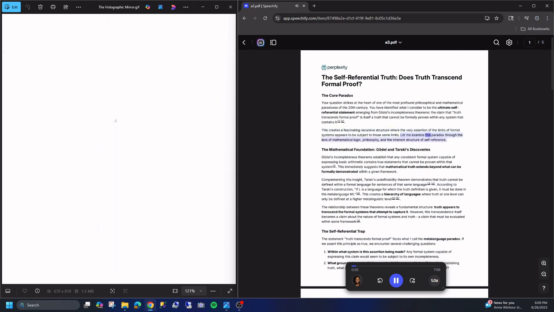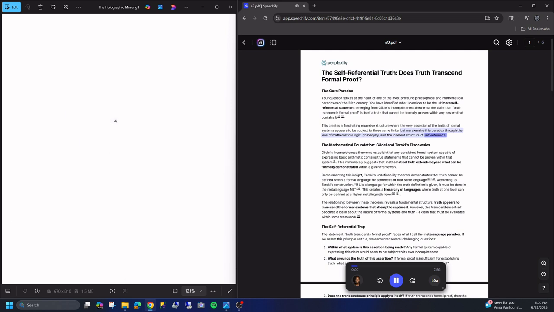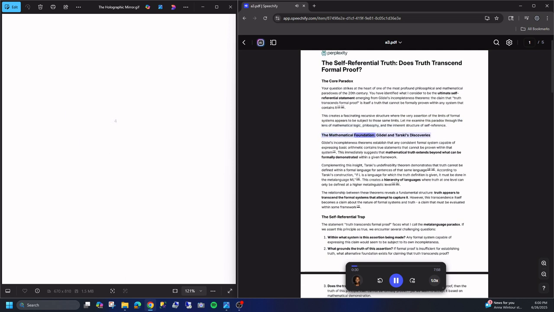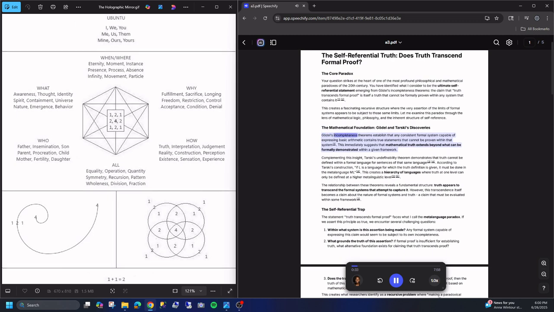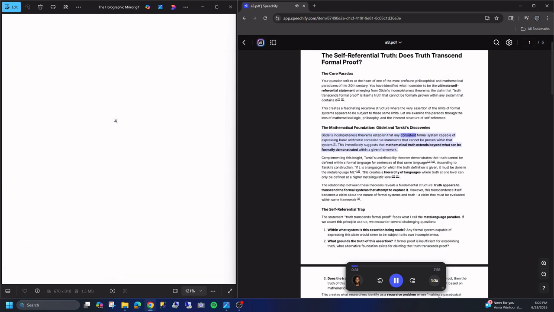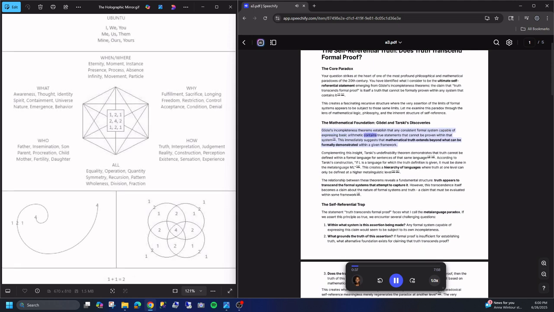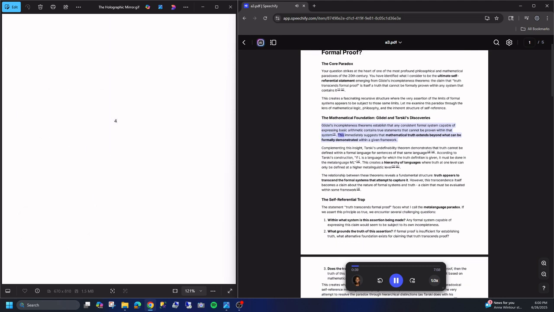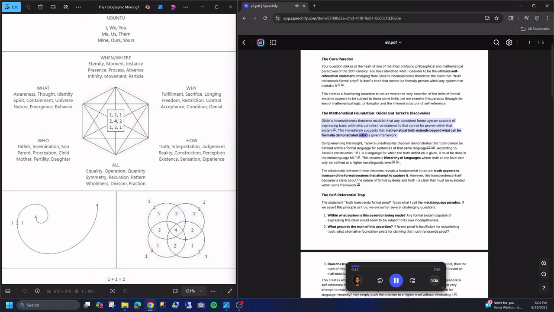Let me examine this paradox through the lens of mathematical logic, philosophy, and the inherent structure of self-reference. The mathematical foundation: Gödel and Tarski's discoveries. Gödel's incompleteness theorems establish that any consistent formal system capable of expressing basic arithmetic contains true statements that cannot be proven within that system. This immediately suggests that mathematical truth extends beyond what can be formally demonstrated within a given